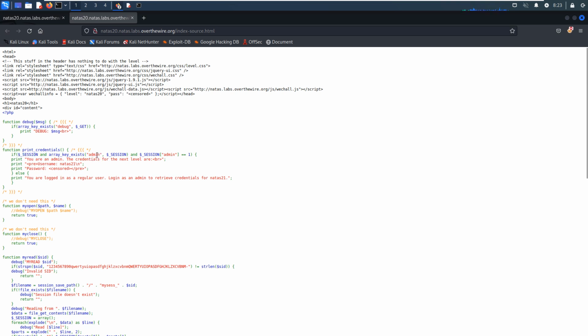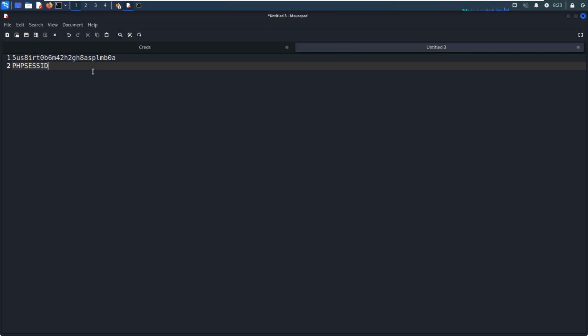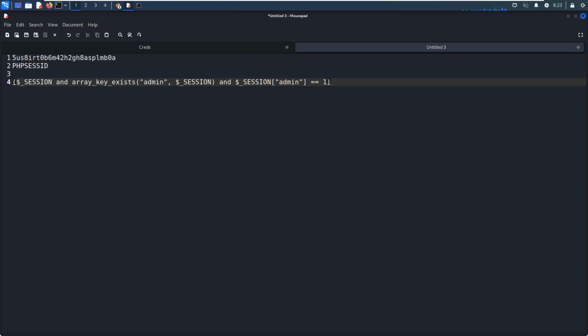The key name is admin, and the value for this key is 1. So we can copy. This is our objective, right? We need to set the session, and the session needs to have the key-value pair. The key name is admin, and the value should be 1. Okay, I hope I've explained it clearly.